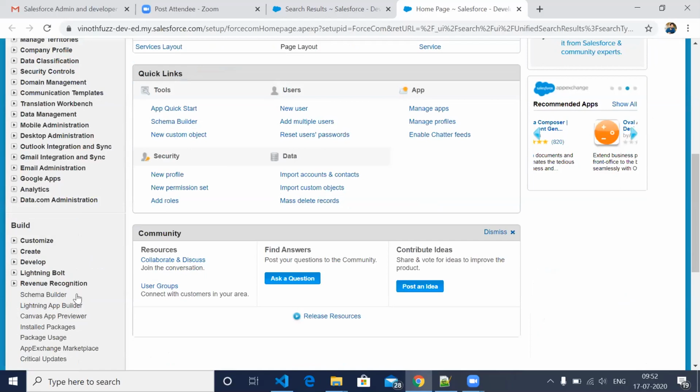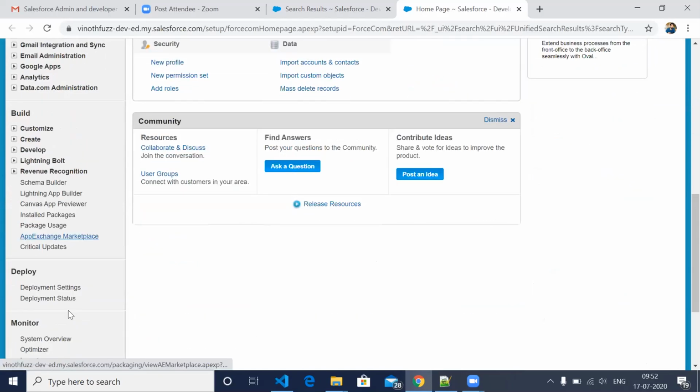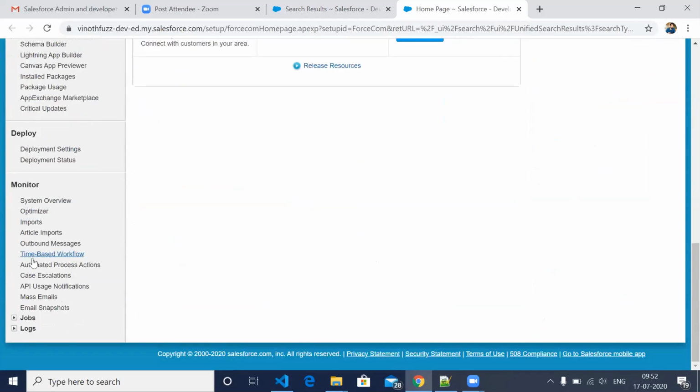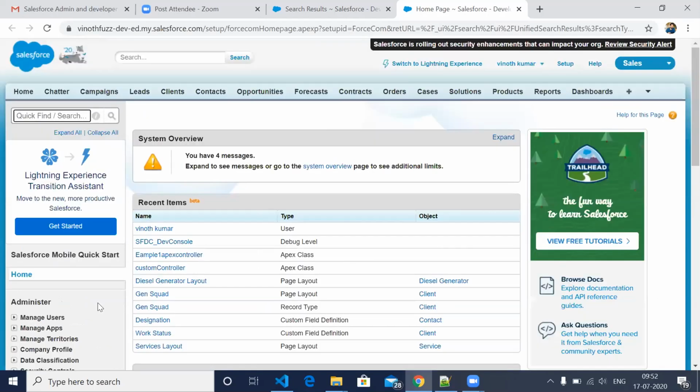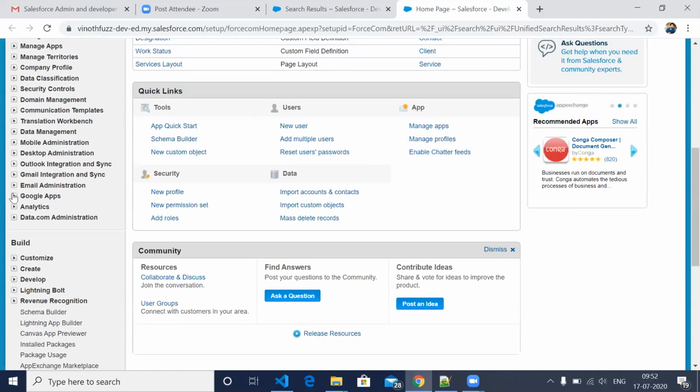If you come down, you will be able to see everything. Whatever configuration you want to do will be here. You can directly go and click on something. Otherwise, it's a long list and each item has so many sublists.